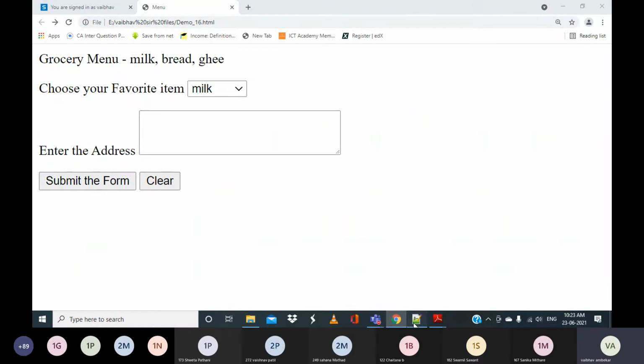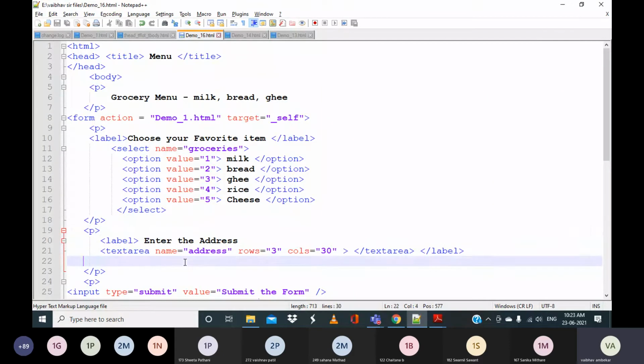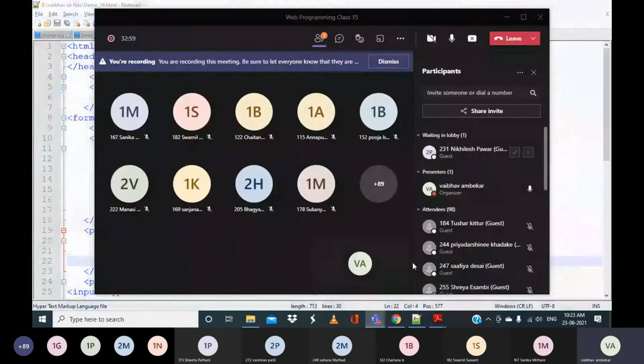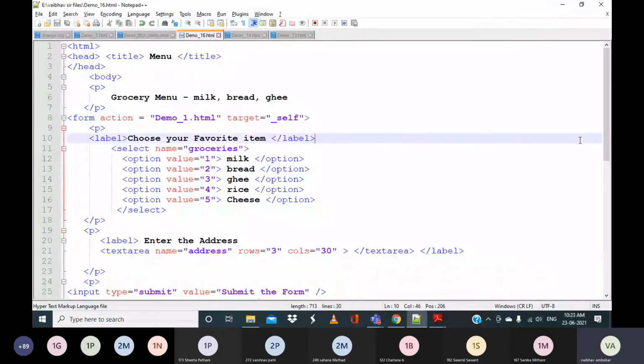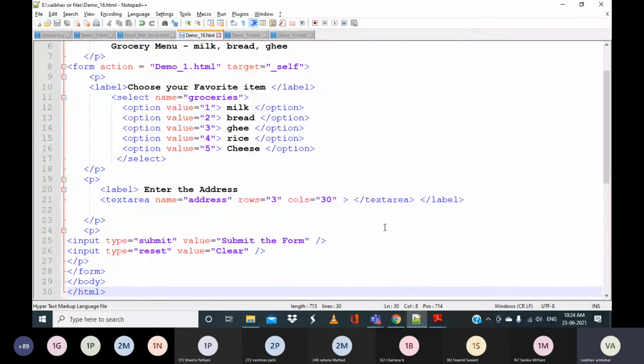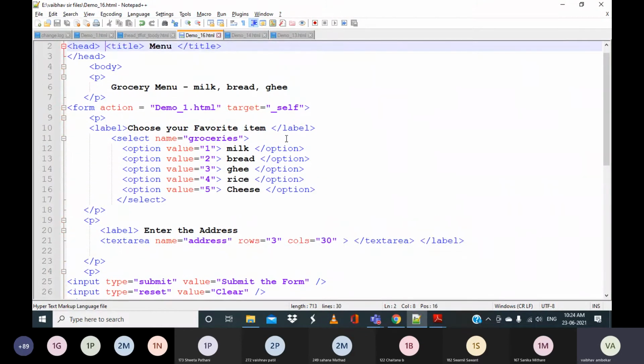Okay, so this is how we can use the text area. We have covered all the form tags that are included in your syllabus. We discussed the submit button and reset button in the previous class itself, but it is included at the last after studying all the different tags, like check boxes, radio buttons, text boxes, text area. After that they have included the submit and reset button. Now we will discuss more on this form action, and we have another attribute called target.